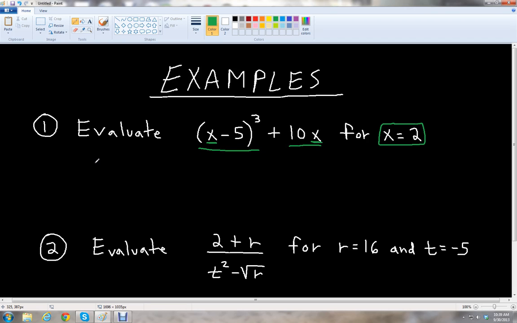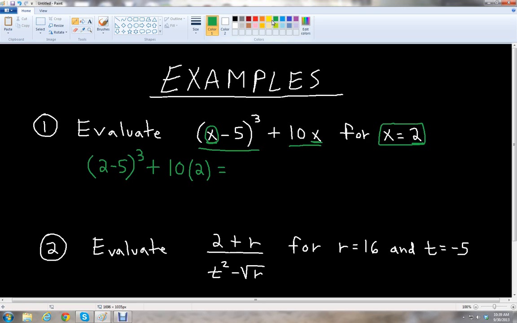Okay, so we'll do our parentheses. And since we see an x here in this place, we're going to replace that with a 2. So we'll have 2 and then minus 5 to the third power, and then plus 10 times x, so x is 2, so we'll put parentheses. Okay, so this is going to equal,